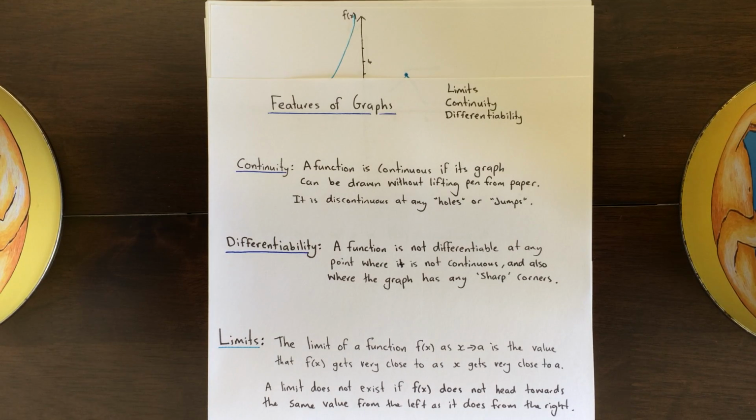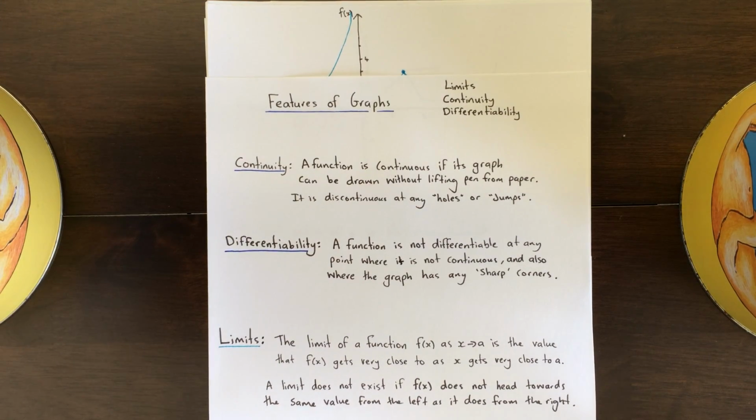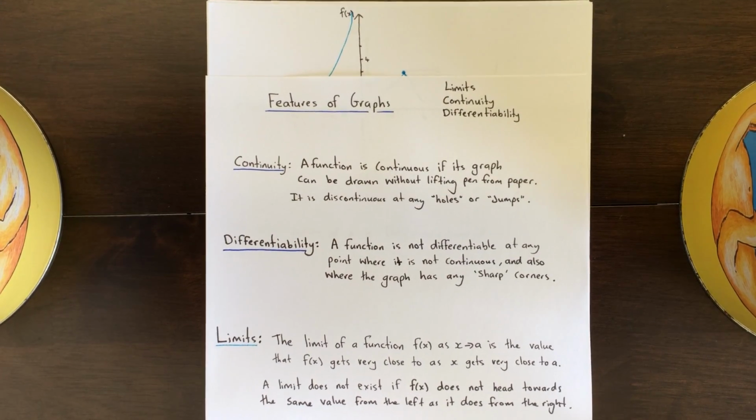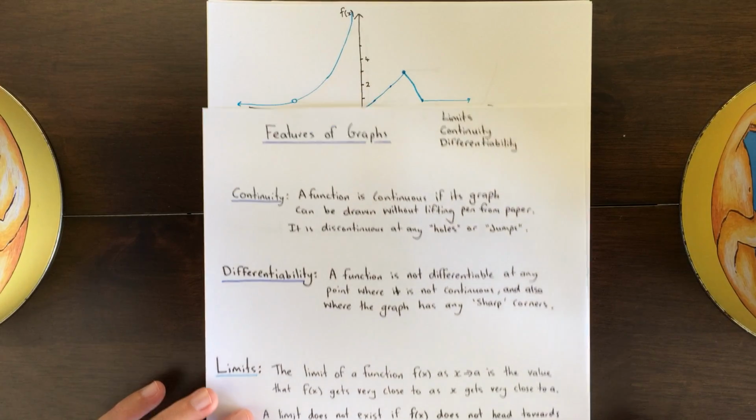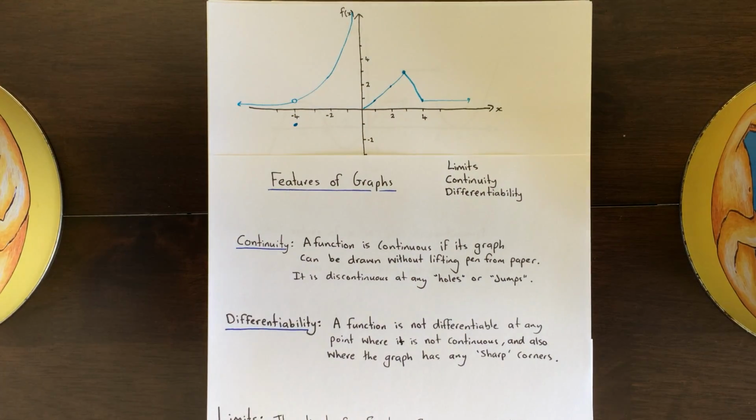So we'll be using a graph to kind of help us understand what these terms mean, because they can seem a little bit confusing just reading them. So they are to do with the graphs of functions. So if we just look at this graph here, f of x,